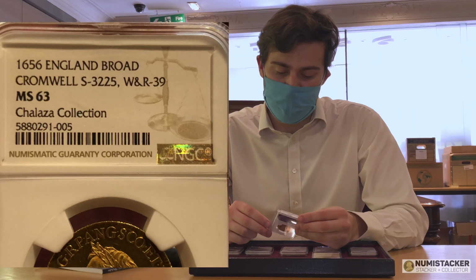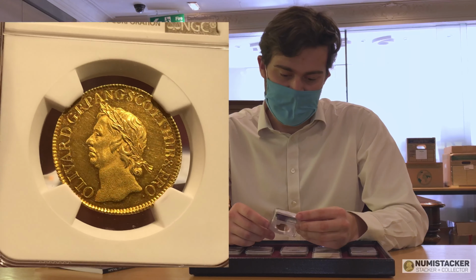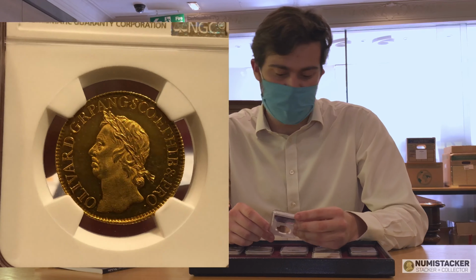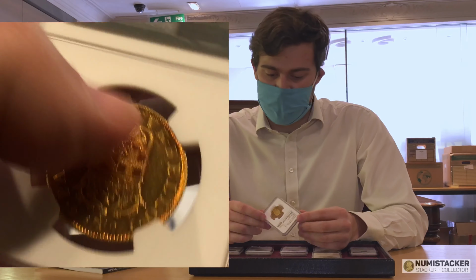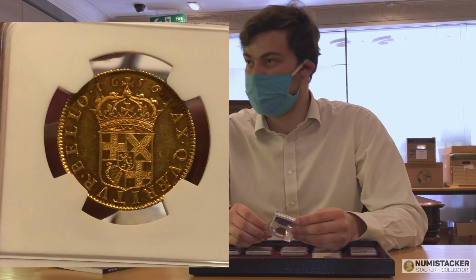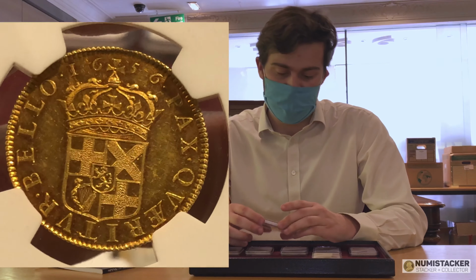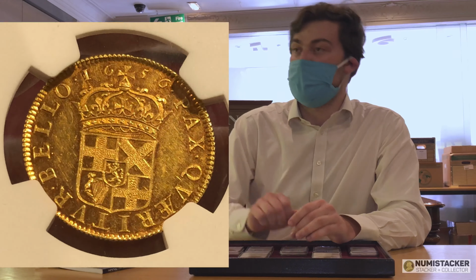But to get one with this beautiful red tone that really accentuates the luster of it is fantastic. And this comes from the K-Lazar collection. A really lovely coin, and we expect that to do certainly well over its provisional 15 to 20,000 pound estimate. And certainly the pre-bidding that we're having at the moment online at Spink Live is going very well indeed for